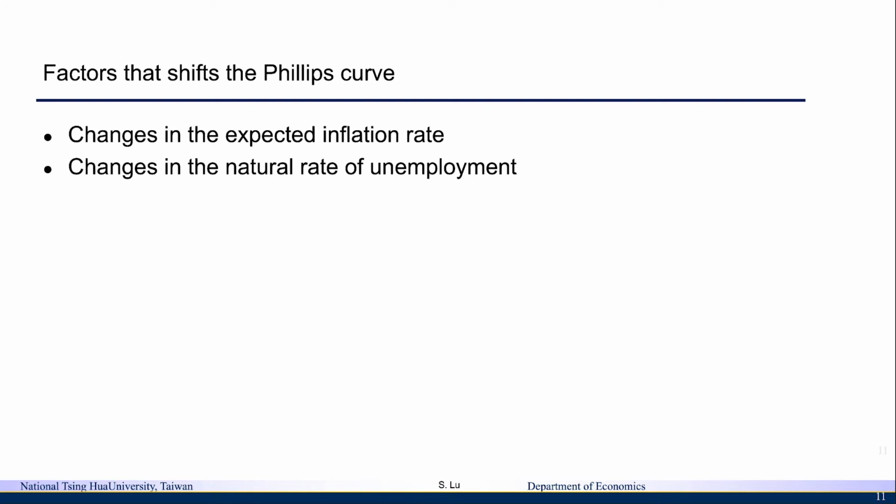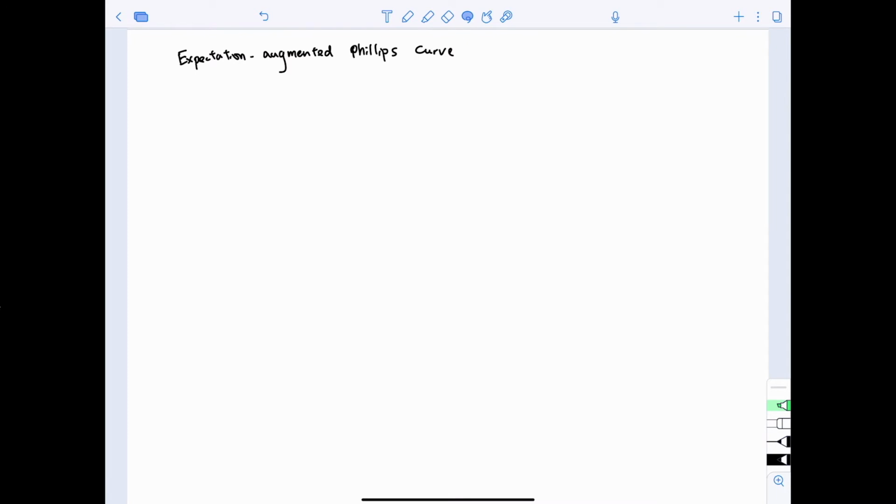And now let's take a look at the graph to illustrate when the expected inflation rate and the natural rate of unemployment got changed, how does it affect the shifting of the Phillips curve? We want to first again examine the expectation-augmented Phillips curve in detail. Based on the expectation-augmented Phillips curve, we say that the true relationship between inflation rate and the